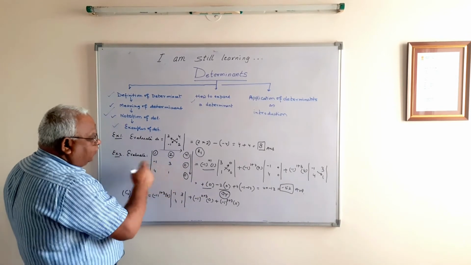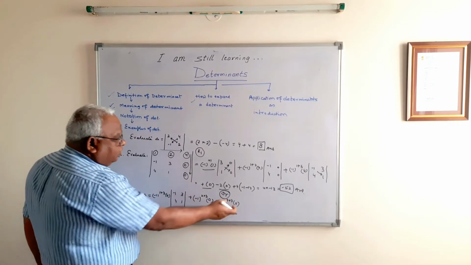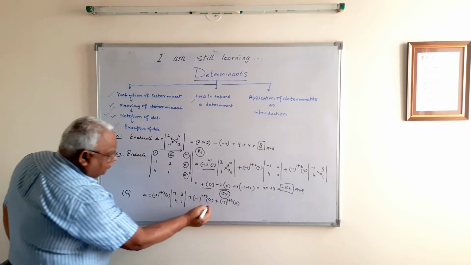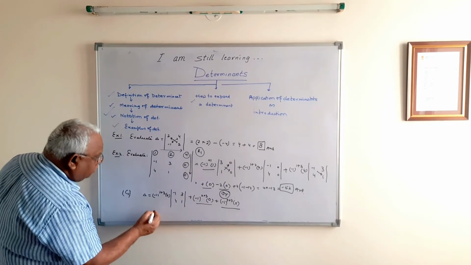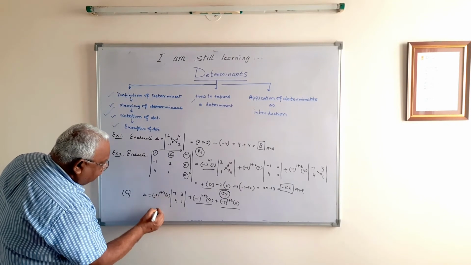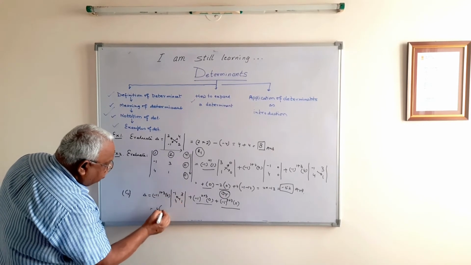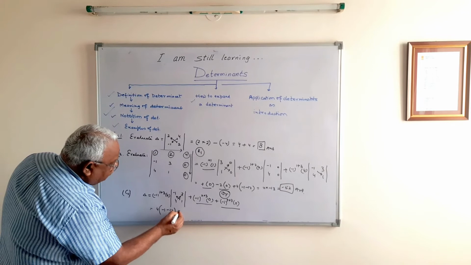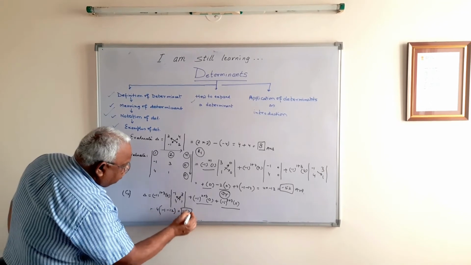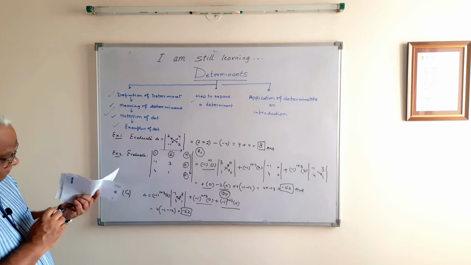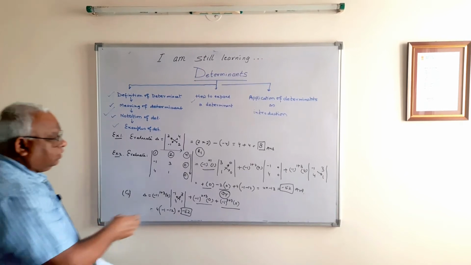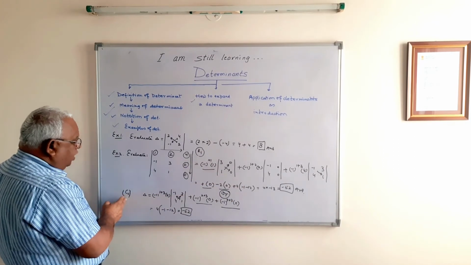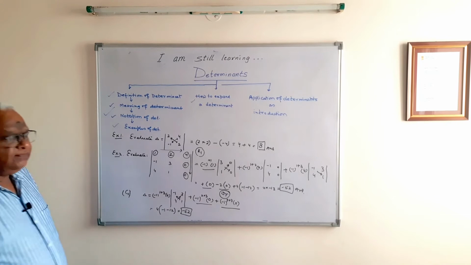Even if you eliminate this row and this column, whatever you get, you have to multiply by 0. So when you multiply anything with 0, it will become 0, right? So this vanishes, this vanishes. So what do you get? This is even. So 4 minus 1 into minus 12. So it is minus 52. If you are expanding through row, you are getting minus 52. If you are expanding through column, you are getting minus 52.